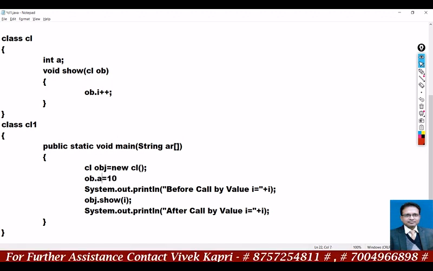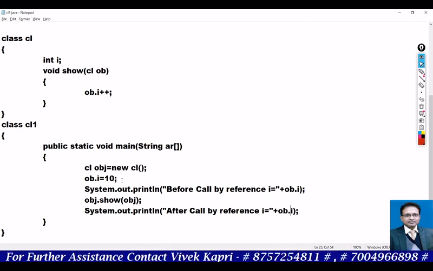It's my habit to take I in general format. System.out.println("before call by reference", ob.I). Now here pass the object as an argument, obj.show(obj), as we have passed in the previous program, object as an argument. After call by reference, print ob.I.